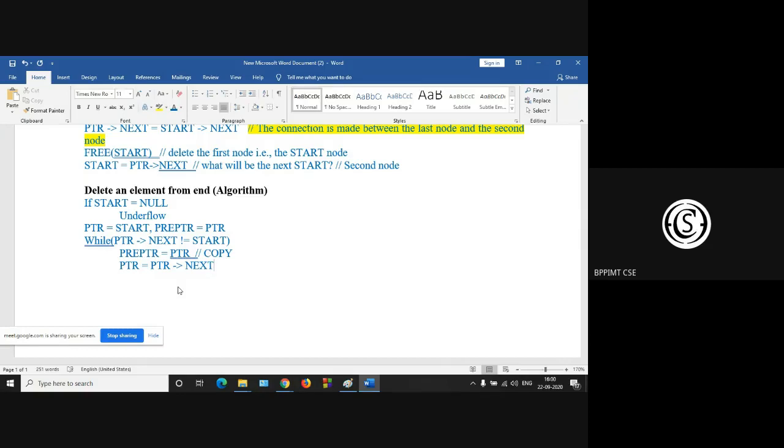Okay, up to this, you are at the last one. Now, very easy. Pre-PTR arrow next is start. So the connection is made.